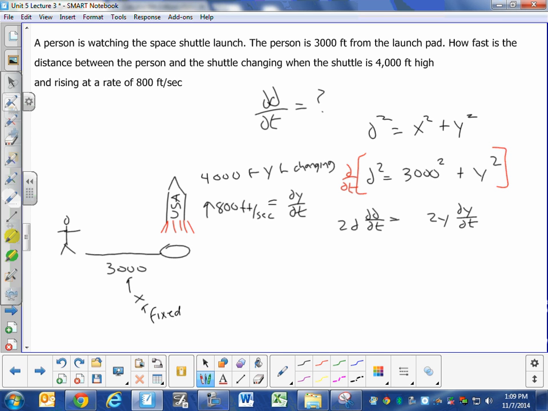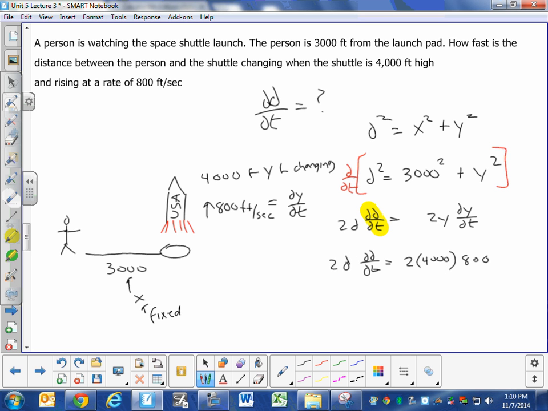We just need the 2y dy dt. All right, we're trying to find dd dt. That's right here. I know that y at this specific moment that I'm trying to find this dd dt, that y is 4,000. I know the dy dt, that's 800. You can plug in that. But